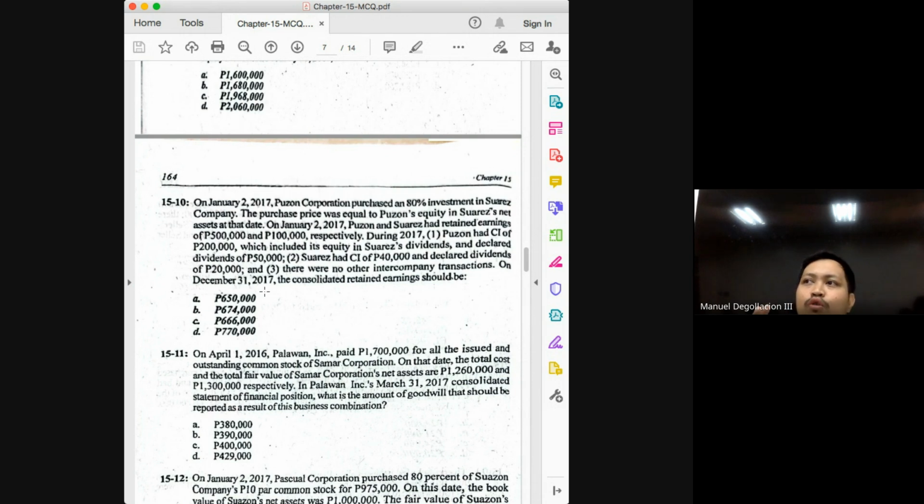But again, whose perspective are we looking from, class, when we are preparing the consolidated financial statements? We're looking from the perspective of the consolidated entity. Okay? So you cannot always rely on the books of the parent because in accounting, the parent is different from the consolidated entity. It's just that if it's at the date of acquisition, they will have the same balance because they will start at the same amount.